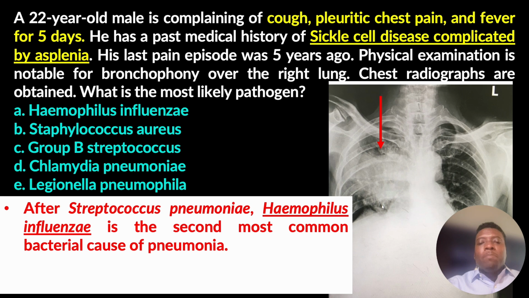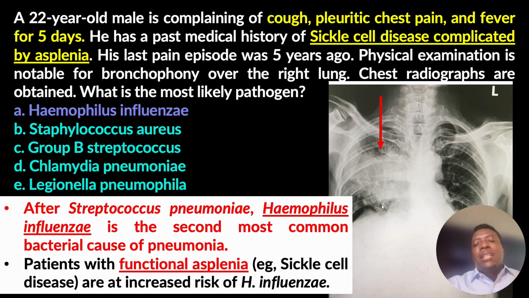So in this case, this patient has a classic lobar consolidation, and the key for this is that they also have a history of sickle cell, which means they have functional asplenia. In this case here, you have to be worried about H influenza being the most common cause in this case here. Now, it could also be strep pneumo because remember that's also encapsulated, but in this case here, remember